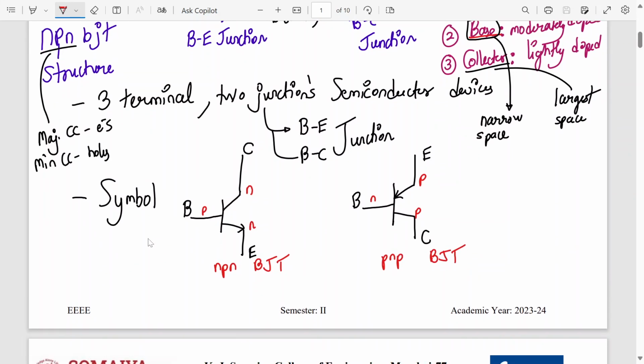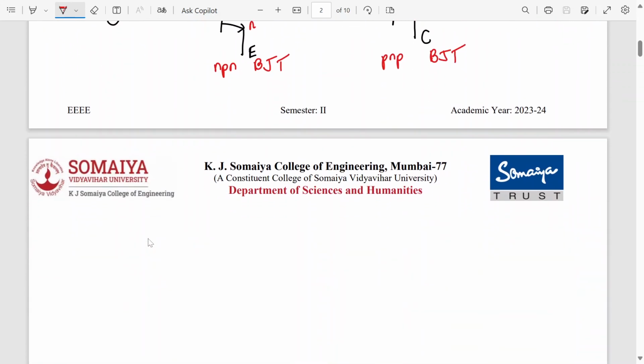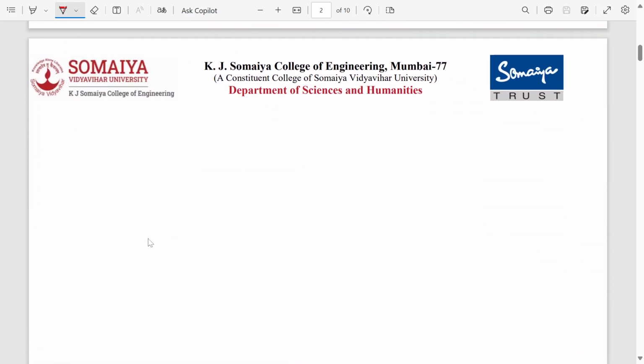Completed the symbol? Okay. So next we go for